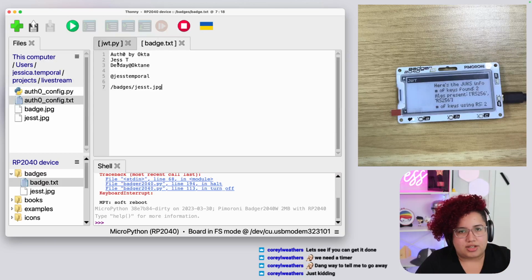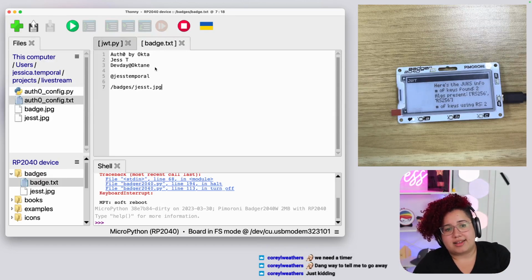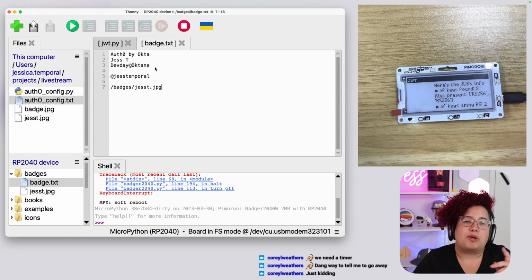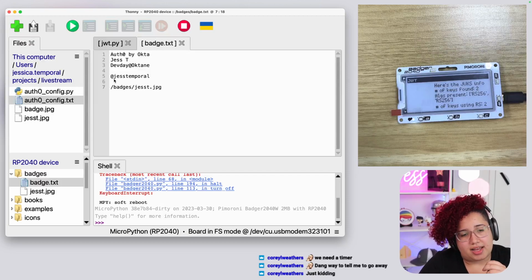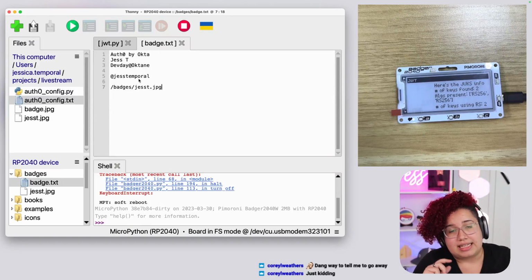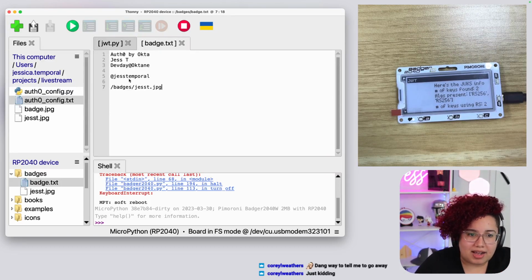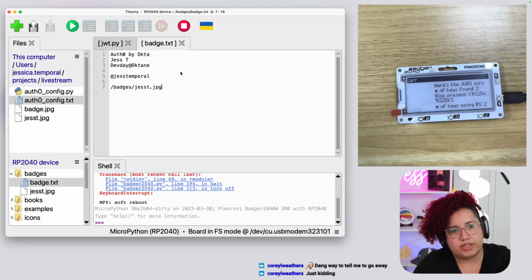So Auth0, Bianca, just T, because my name is very long, so usually it doesn't look as good if I put everything in to be displayed. Dev Day at Octane is probably the next event I'm going to. Oh no, this is a lie. I'm going to PyCon UK before I go to Dev Day at Octane. And I usually put down my handle on most social networks. So if people want to connect with me outside of the event, they can see how it's written, because I realized that my last name is not easy for some people to understand when I'm saying it. But anyways, it's there.